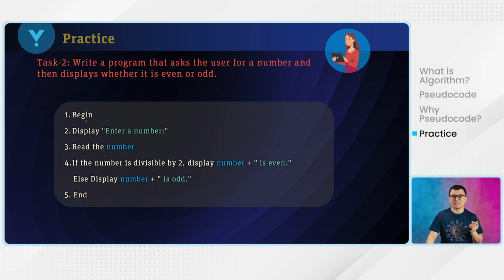First is always begin. You need to start it first. And then you need to display this message, enter a number. At the same time, you need to get the user input. You need to read whatever the user has entered. Okay? And once you read the user number, then you will be able to determine whether the number is